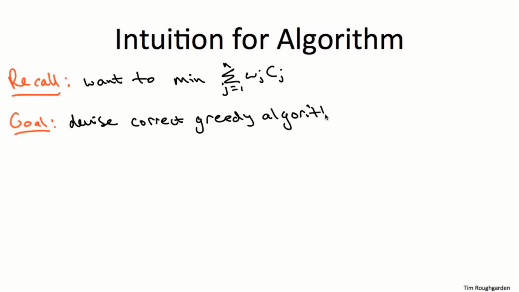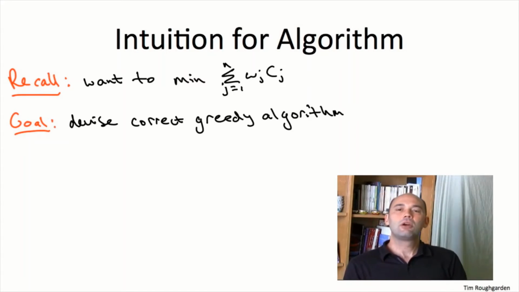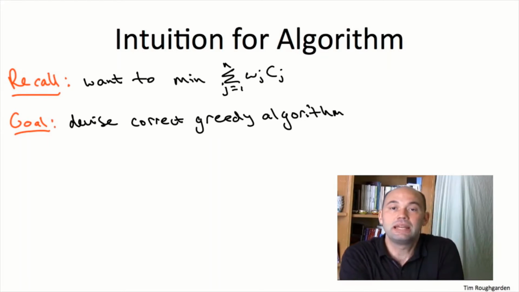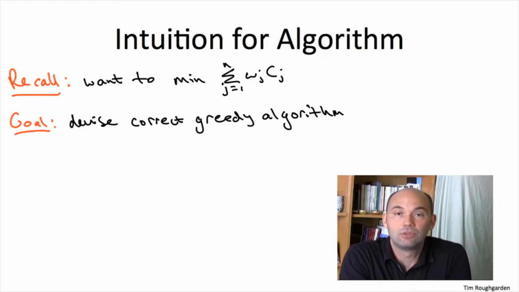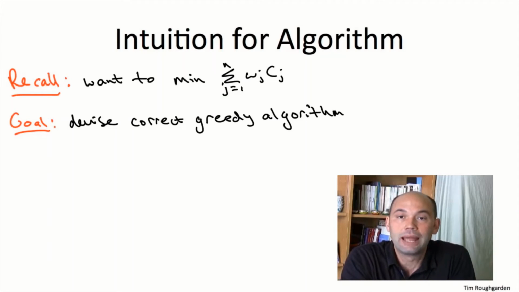What we're hoping is going to work out is that we can devise a greedy algorithm that always solves this problem. So maybe I should take a step back and ask, why do greedy algorithms seem like a sensible way to approach the scheduling problem? Well, in general, greedy algorithms are not guaranteed to work. You may have to do something more complicated. But scheduling still seems like a good place to try them out. Remember what a greedy algorithm does. It iteratively makes myopic decisions, and then you hope you have a reasonably good result at the end.